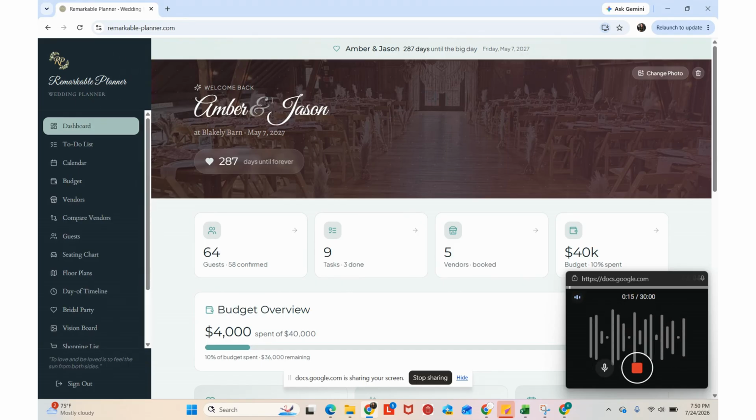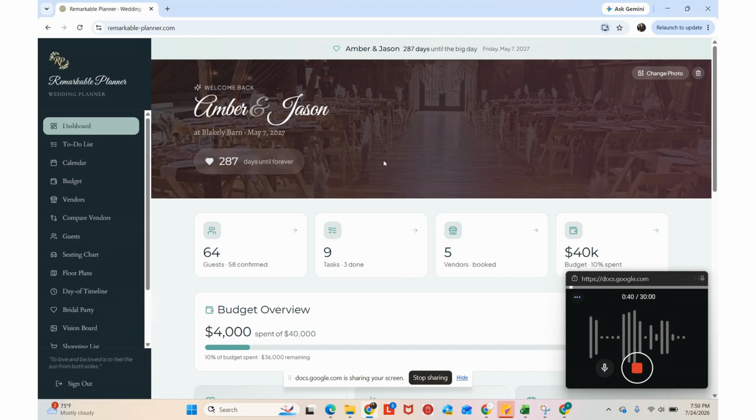be asked to enter the partners' names, the wedding venue, and the wedding date. Those will all show up here on your dashboard once you choose your plan and log in. On the dashboard, you have the opportunity to change the photo. It comes automatically blank and you can add whichever photo you would like. Also, throughout the pages, you will see this banner at the top showing all of the days left until your